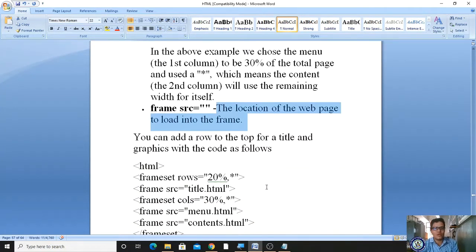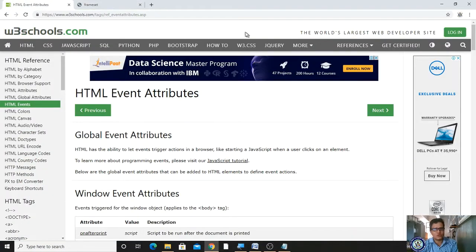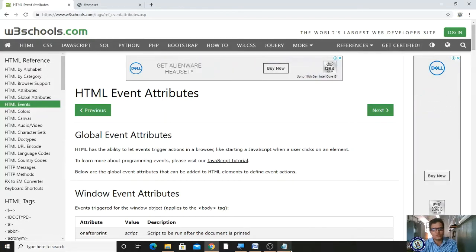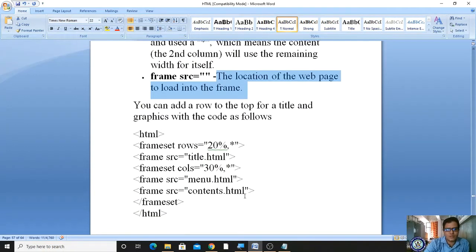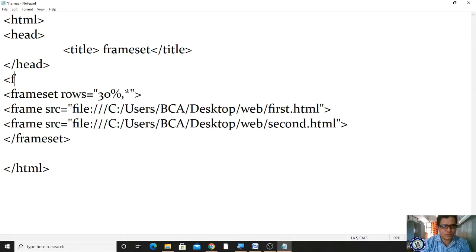I want to make rows and columns just like this, like your W3Schools. It is a row, with 2 columns: 1 row, 2 columns. If you want to do it like that, then we have to write the code with some little modification. If you make that little modification, it will happen. Now I will modify it with another frameset.